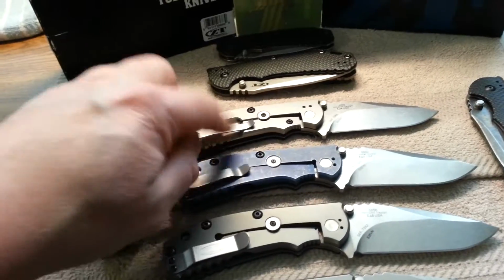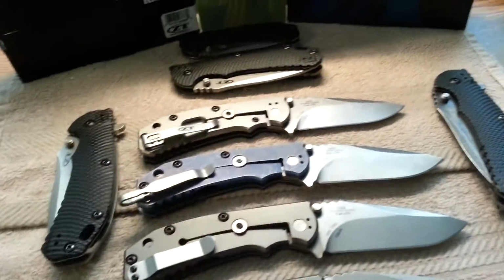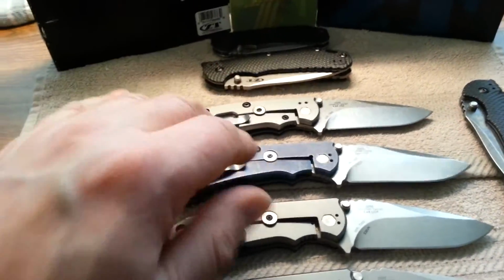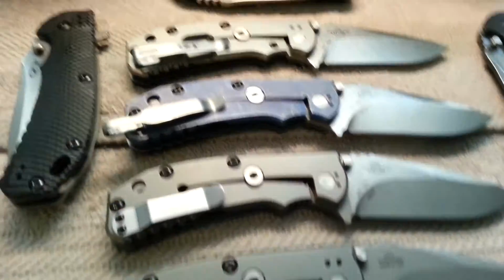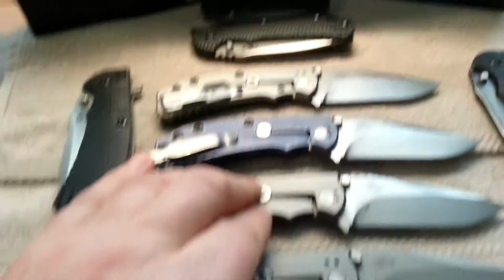I don't like to complain too much. So there is my 551 and my 550s. I forget the 0 at the beginning because I don't think that's relevant, but there's 4 of what probably the 8 I have. I love this knife so much